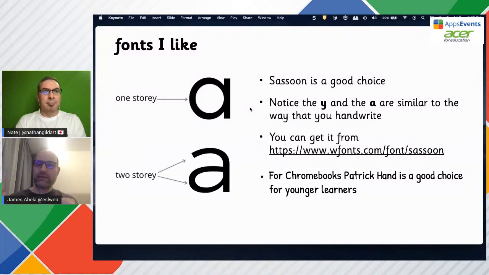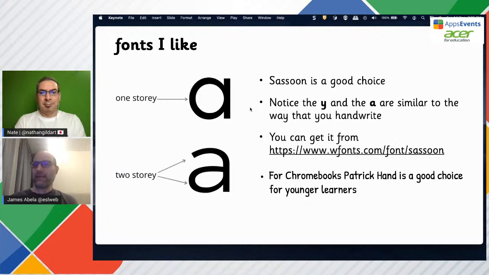Okay, this is not a pick random fonts. The children have enough trouble decoding at this age to recognize the letters without giving lots and lots of different fonts. And so I would recommend you pick one font and you use it for everything you print, your Google Docs, everything. Try and keep it nice and clean and as close to that as possible.